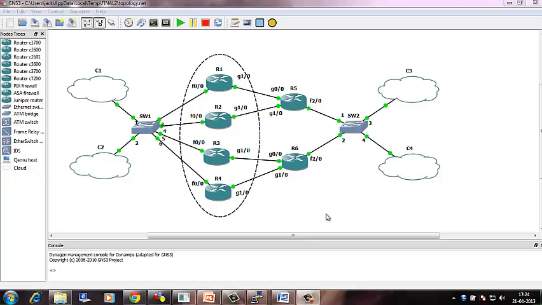Hello, I'm going to show you the GLBP output. I'm using two software which are linked together. One is GNS3, that is Graphical Network Simulator 3, and the other one is Virtual Personal Computer System software, that is VPCS. So this is the network topology that I have designed, and I have shown 4 routers in a